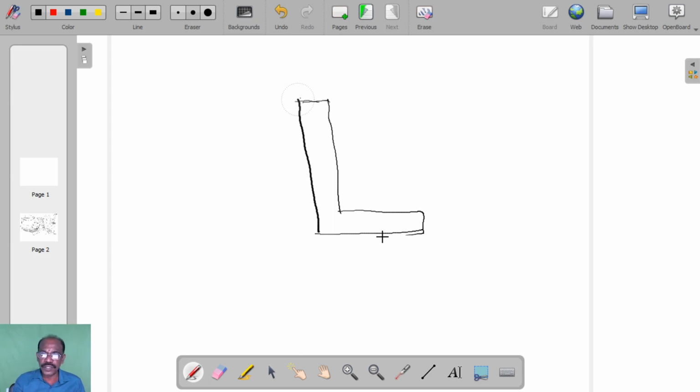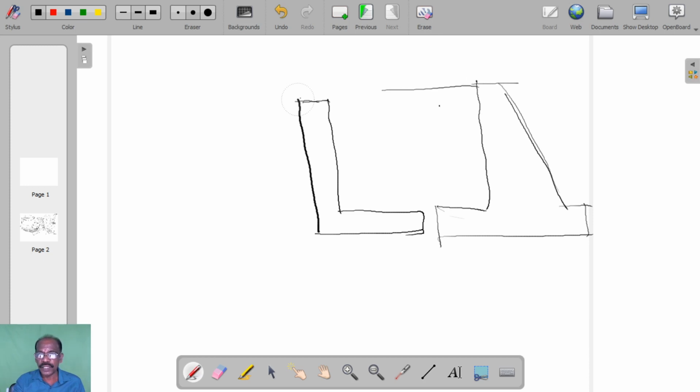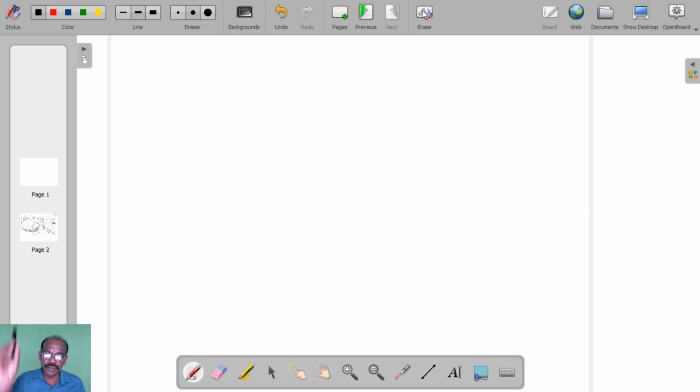In general the cross section is like this. Usually you must give the vertical side on one side and the batter side or slope side on the other side. The vertical side will be subjected to or retain the earth. This is the retaining wall, that is the cantilever retaining wall.